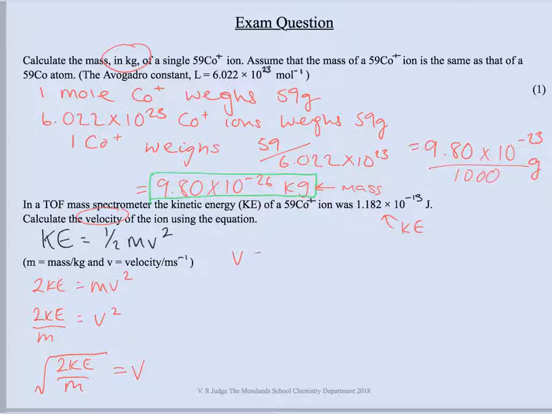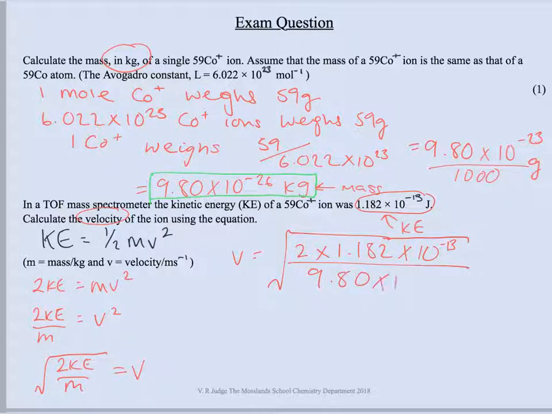So the velocity is equal to the square root of 2 lots of the kinetic energy. Kinetic energy we were given in the question there, which is 1.182 times 10 to the power of minus 13. Divided by m, which is the mass, which we calculated in the first part to be 9.80 times 10 to the minus 26. So if we plug that into the calculator, that gives us the velocity is equal to the square root of 2.41 times 10 to the 12, square root that, and we get that the velocity is equal to